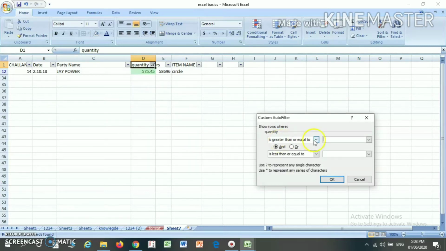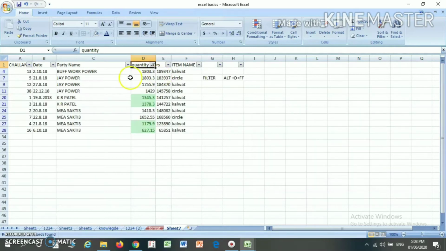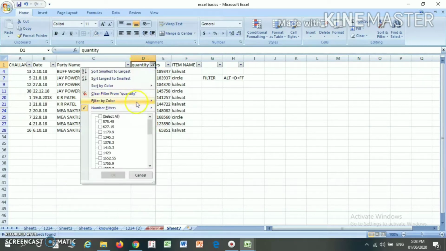Suppose I use between, that is greater than or equal to 575 and less than 576, and here I write 1900 and press enter. You will find all my data between 576 and 1900 coming up. So this is used as a number filter.